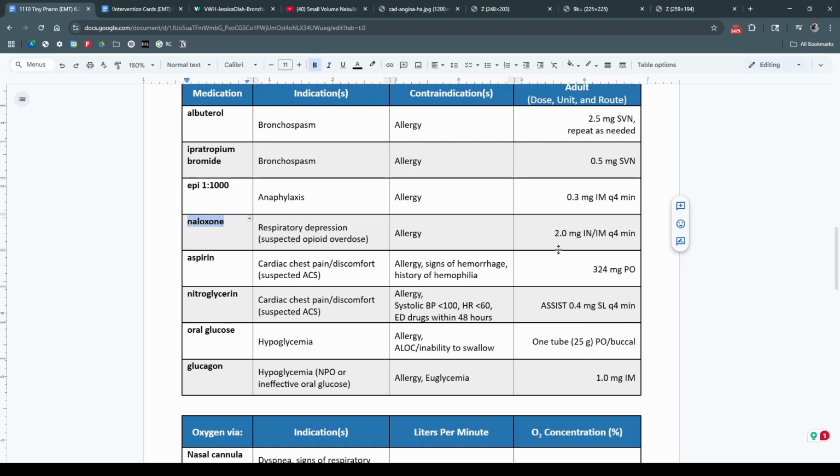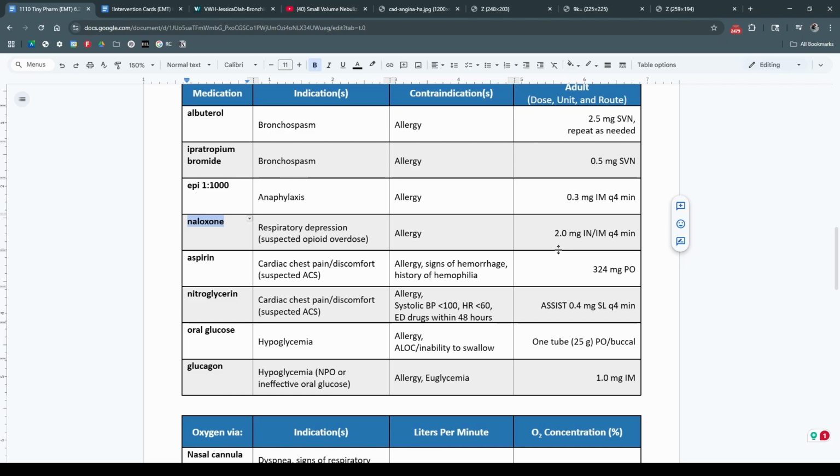I mean, any one of us that arrives to find a patient with a needle next to them that isn't insulin, or if somebody said, hey, I just took a bunch of heroin and then later they stopped breathing, that's a pretty clear sign of suspicion for opioid overdose. But sometimes it's just arriving to find somebody in their home in respiratory depression, and through our investigation and looking through pertinent negatives, just discovering that we suspect this at the end of the rope,